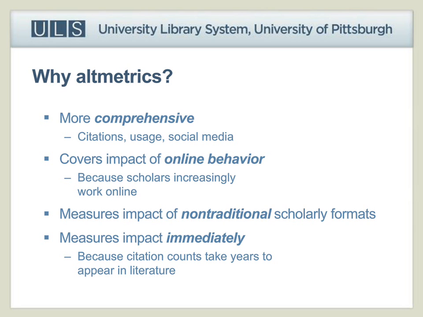So here I'm talking about the content that we all have in our institutional repositories, what we sometimes call gray literature, which might be technical reports, conference presentations, or white papers. I have found it very interesting to look at the metrics for electronic theses and dissertations in particular. We haven't really had a window into this before now. Finally, altmetrics can show impact immediately as it happens. We don't need to wait the 3 to 5 years for citations to appear before we can start to demonstrate interest and uptake in the research.